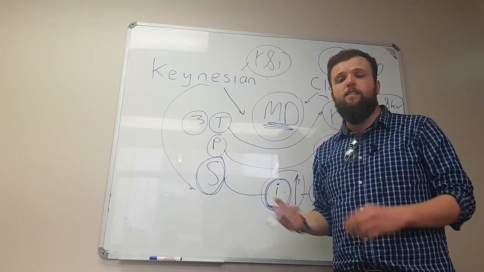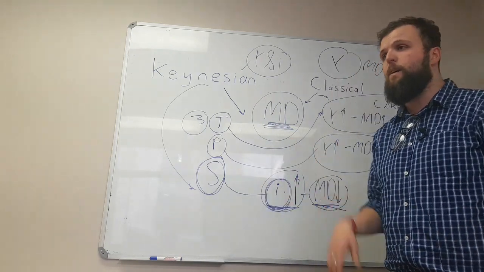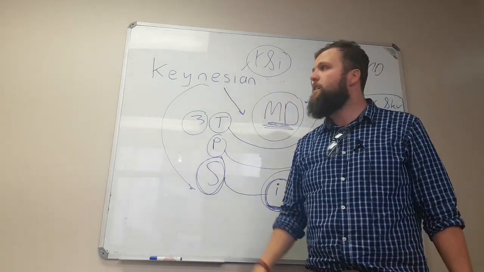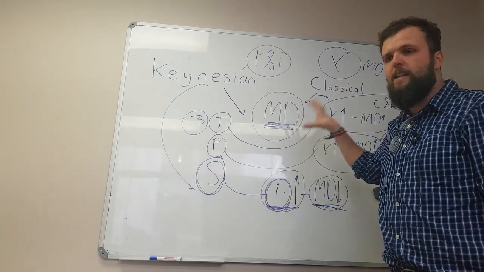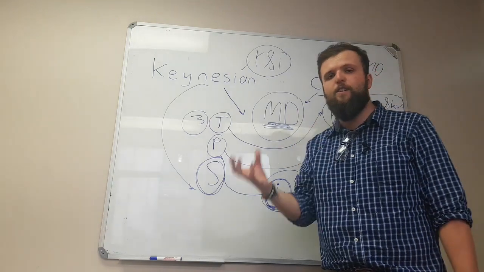You can extend on this by looking at a portfolio choice theory, which is done also by Friedman. You can extend the classical school and the Keynesian school into the new classical and new Keynesian schools, but this is the foundation of the classical and Keynesian school that you need to understand to show the differences between the two.